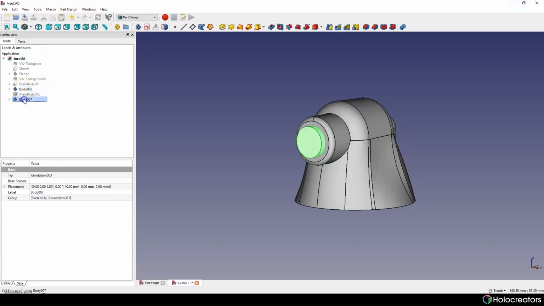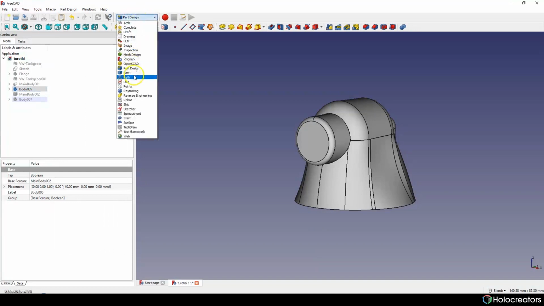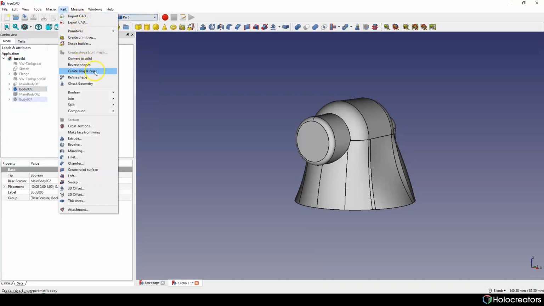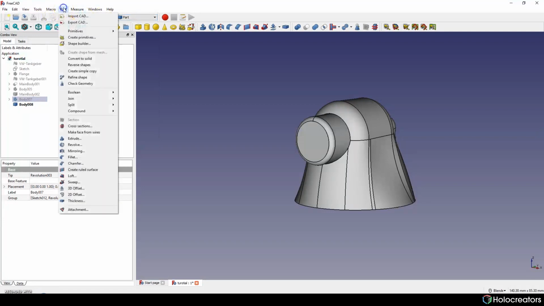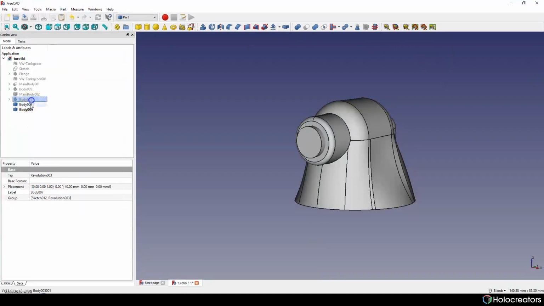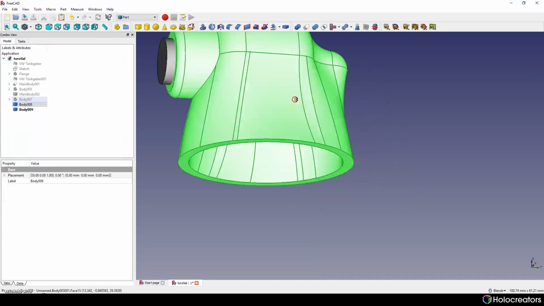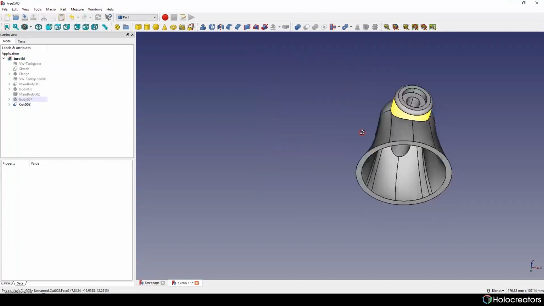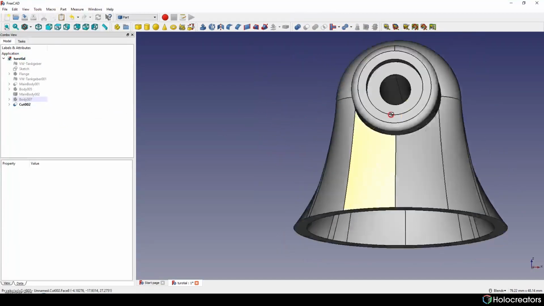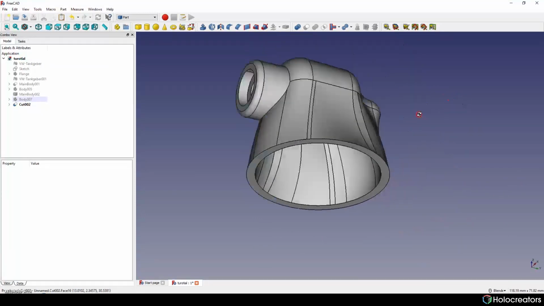we need to make a simple copy of this model. So we go to Parts and create a simple copy, and also we can create a simple copy from this one, and we're almost done. And just subtract this shape from this one, and it looks perfect.